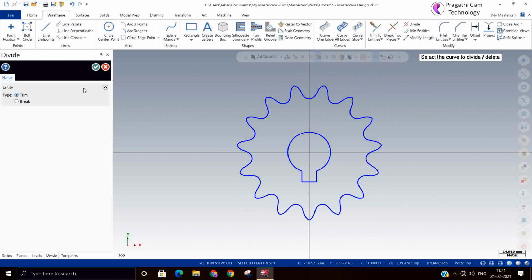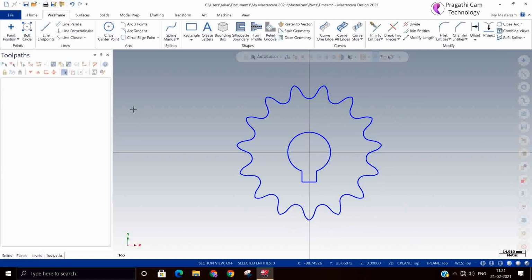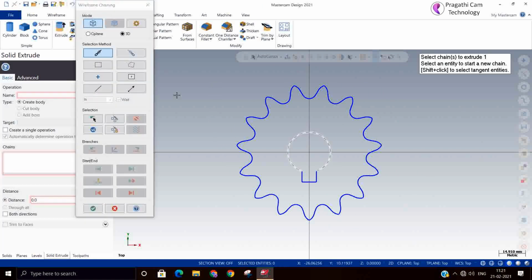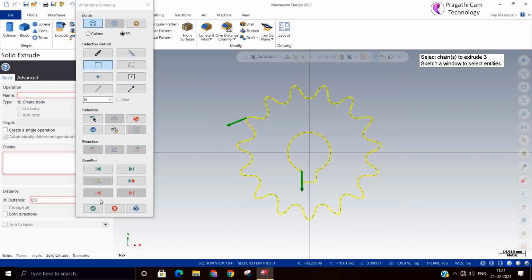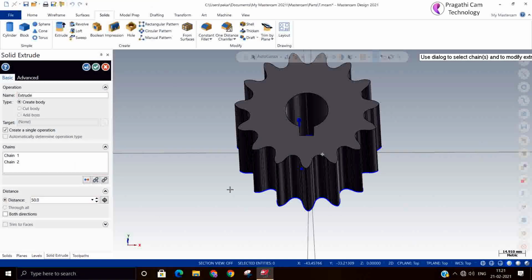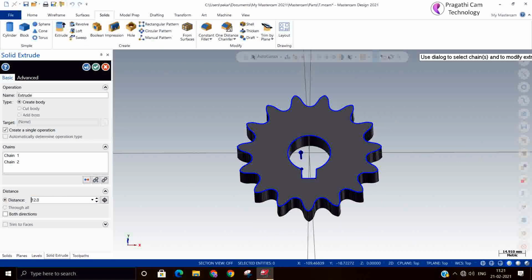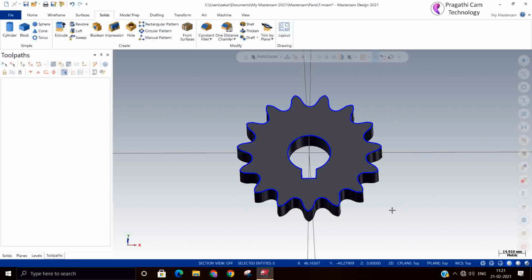So like this one sprocket is made. If you want, you can extrude it as a solid. For good visibility, you can select all and say extrude, and the thickness you can change it. Like this you get a sprocket.